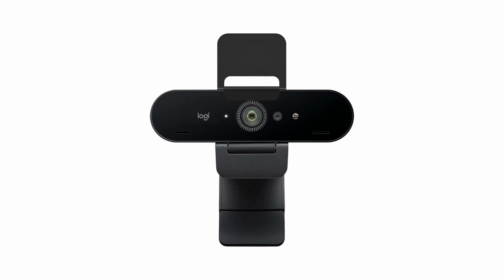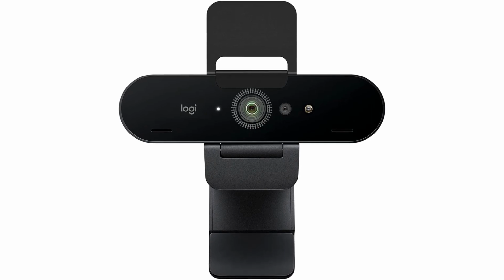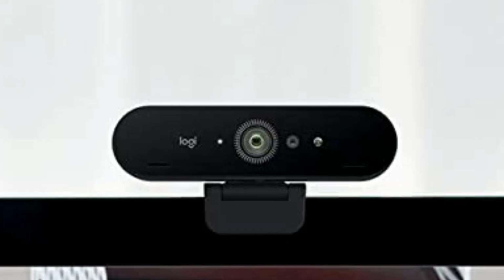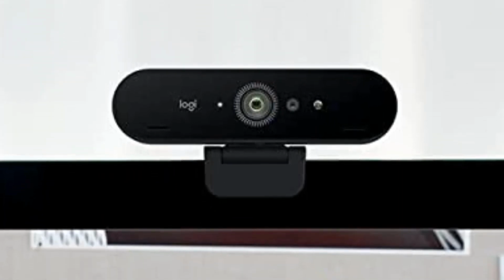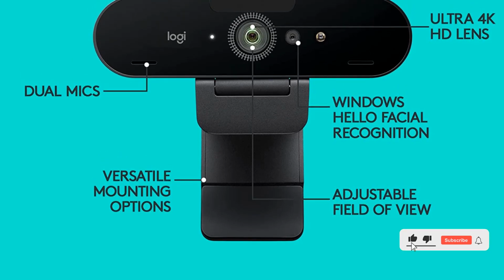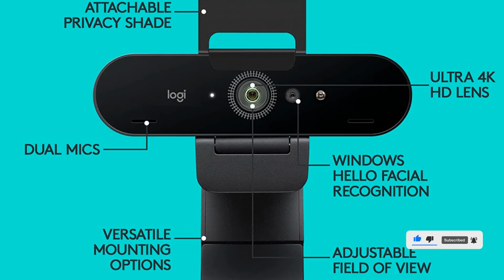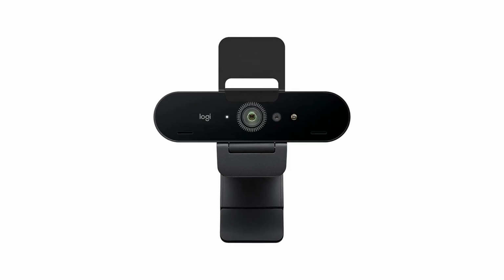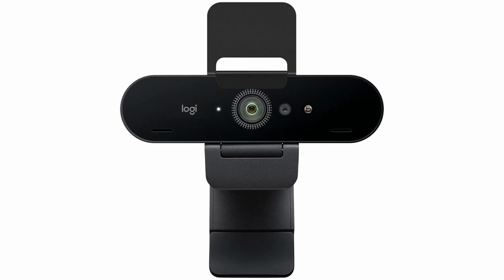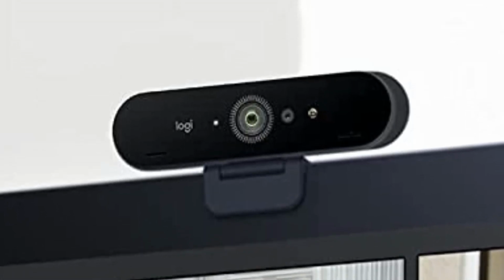The HD auto light correction ensures that your image remains clear and vibrant, regardless of the lighting conditions. Plus, it has a wide field of view, so you can easily capture your entire workspace. It's also compatible with popular video calling applications such as Microsoft Teams, Zoom, and Google Voice. So you can easily connect with your colleagues on any device, be it a PC, Mac, laptop, MacBook, or tablet. With the Logitech Brio 4K webcam, you can feel confident knowing that your video calls will be crisp, clear, and